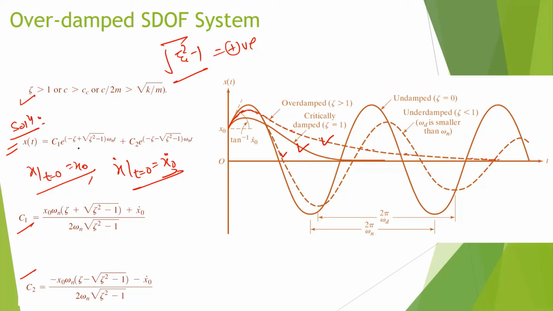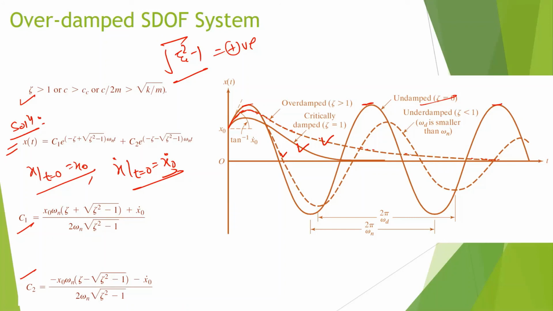And if we put zeta equals 0 in this equation, then we can say this will be a harmonic function. So this is the undamped system. If zeta equals 0, the amplitude will not reduce with time and it will continue to vibrate for infinite time. So these are the three cases in the damped vibration of a single degree of freedom system.